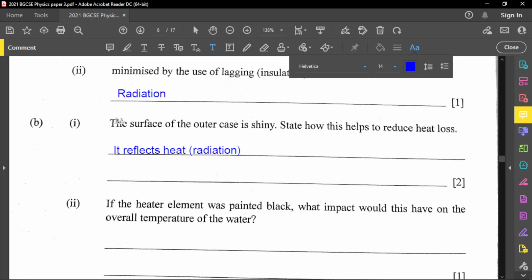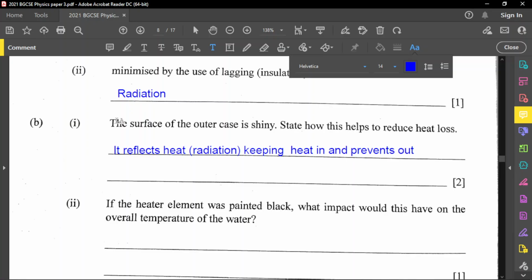So reflect radiated heat, keeping heat in, and prevents